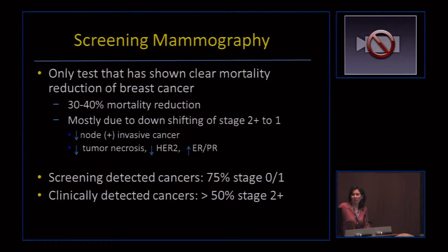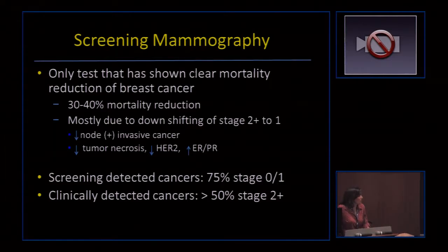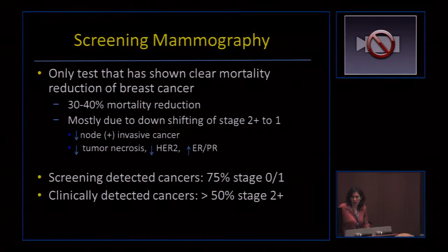So just to review, we know that screening mammography is the only test that has really shown a clear mortality benefit by reducing the incidence of breast cancer. Multiple randomized clinical trials performed about 30 to 40 years ago have shown a 30 to 40% decrease in mortality among women who are screened regularly. And this is mostly due to downshifting of stage 2 or higher breast cancers to stage 1 at the time